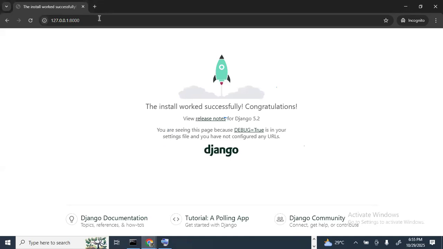It displays to us that the install worked successfully. Congratulations. We also have some pre-built display which we can interact with, like this one. You can check the Django documentation if you want to read more on Django, the tutorial, the Django community, and so on. But basically, when we ran that command, we were able to